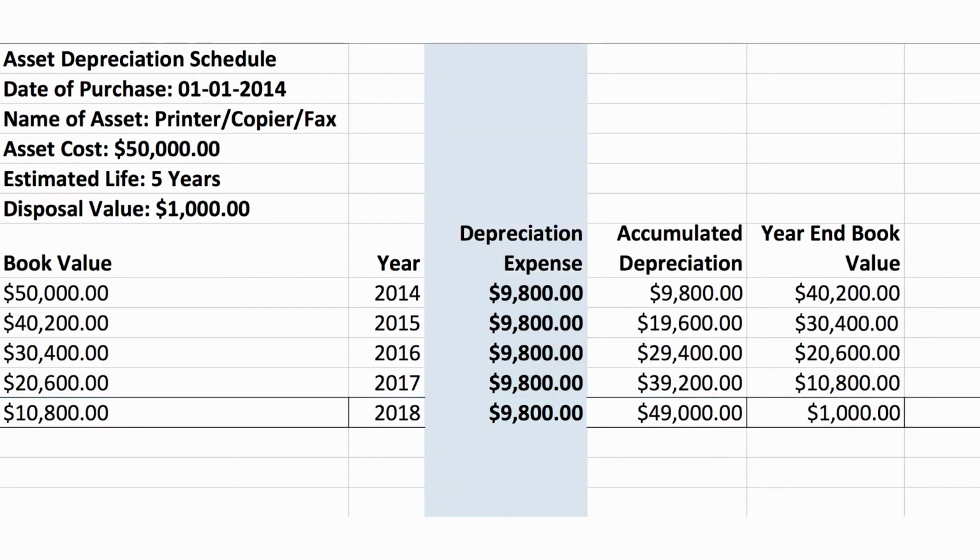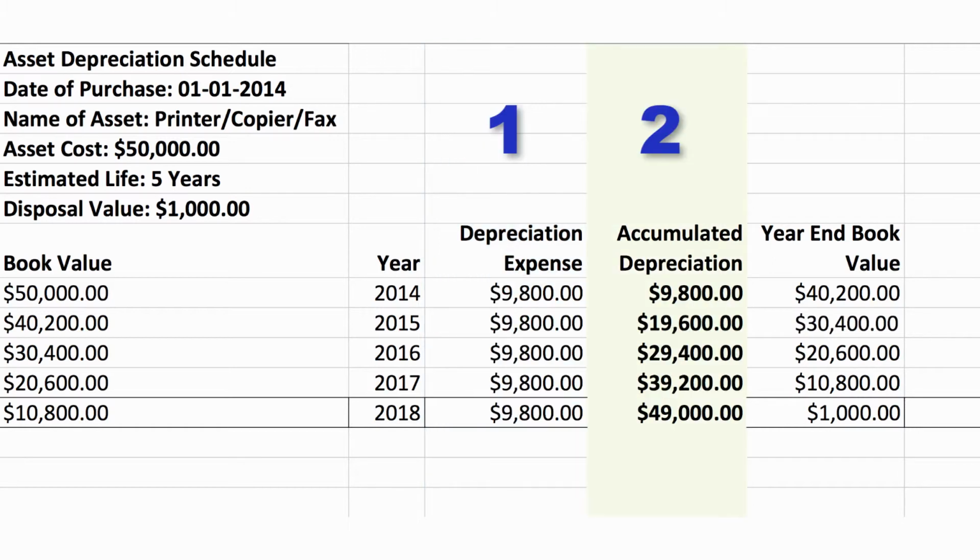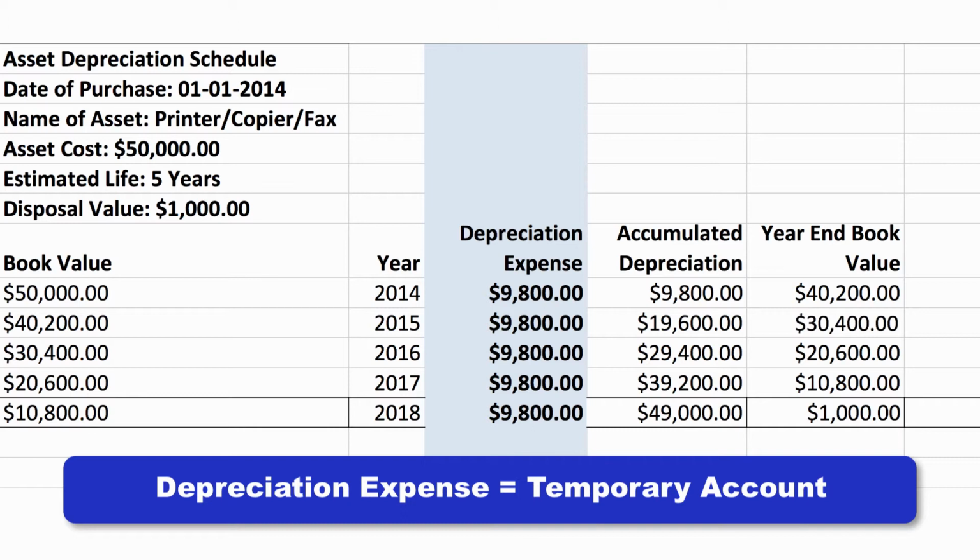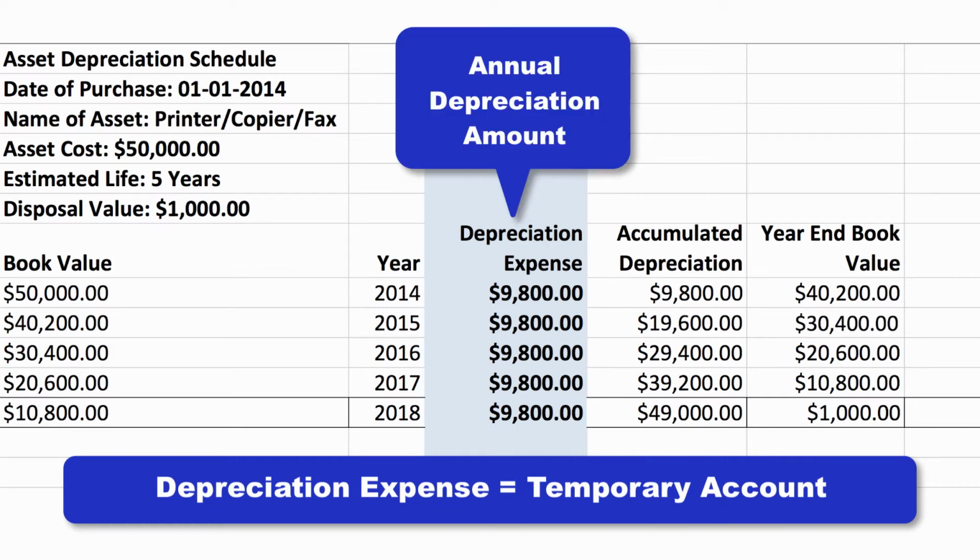To complete this schedule, we will track the changes in 2 additional accounts: depreciation expense and accumulated depreciation. Depreciation expense is a temporary account where the cost of the item is deducted each year at the end of the fiscal period. We already figured that the depreciation amount was $9,800, so this amount will be posted in depreciation